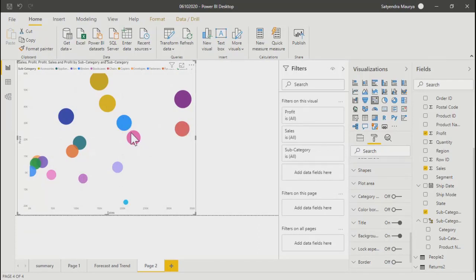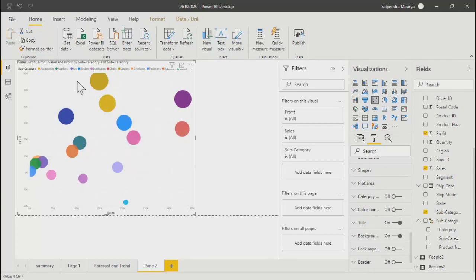There are a few exceptions. For example, this storage, your sales is 2 lakhs and profit is only 21,000. Over here, it's 2 lakh 23,000 sales. Over here, the sales is only 2 lakh or 3,000, but still the profit is more. Even if you see this, your sales is only 1 lakh 67,000, but profit is 41,000. For this, it's more opposite, right? Sales is 1.5 lakhs, but profit is again more than 50,000.